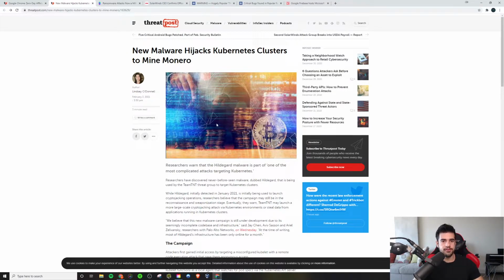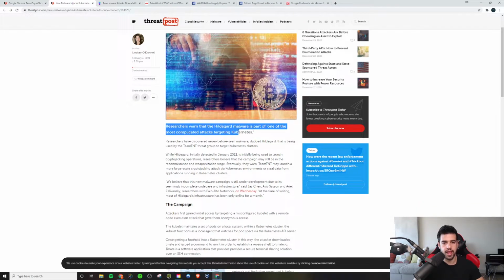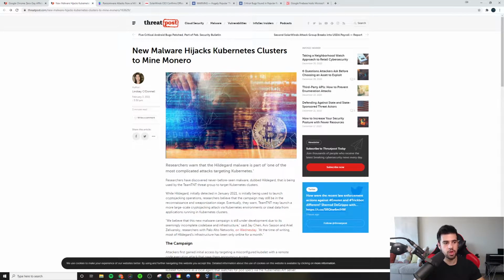So as far as this attack here, this is a brand newly discovered malware strain. They're calling it Hildegard. And researchers warn that Hildegard malware is part of one of the most complicated attacks targeting Kubernetes. If you're not familiar with Kubernetes,